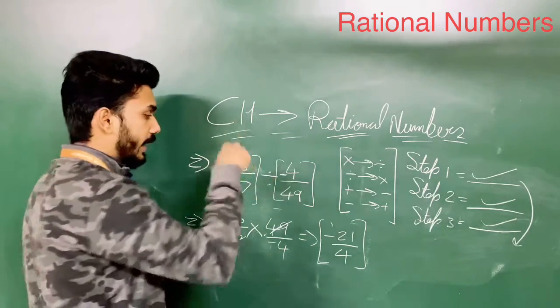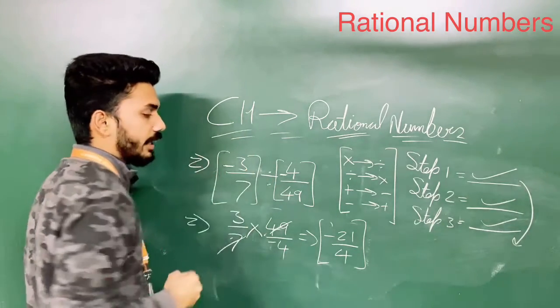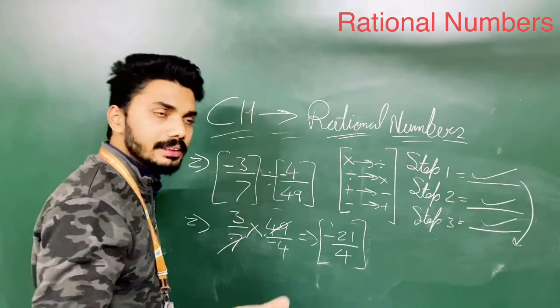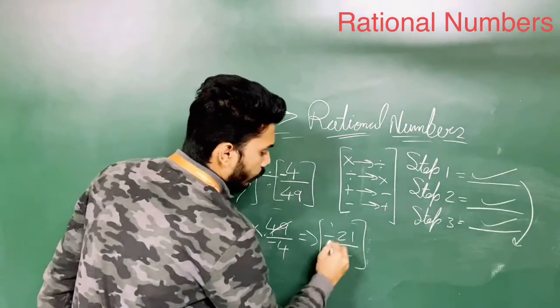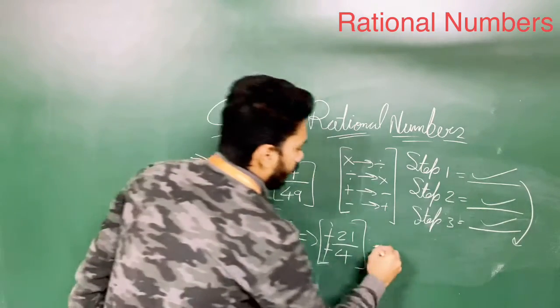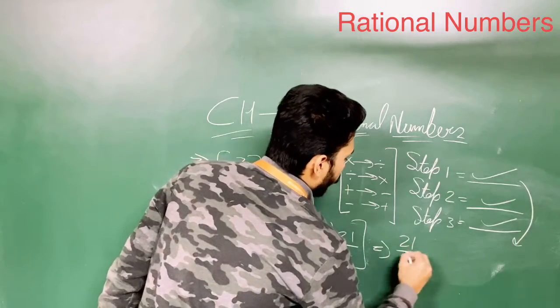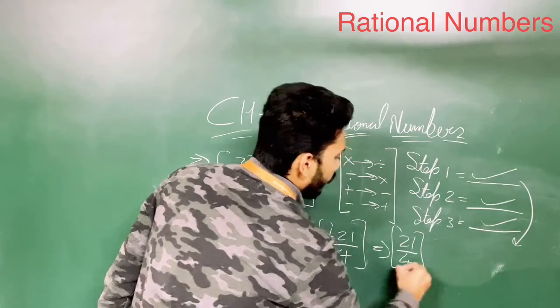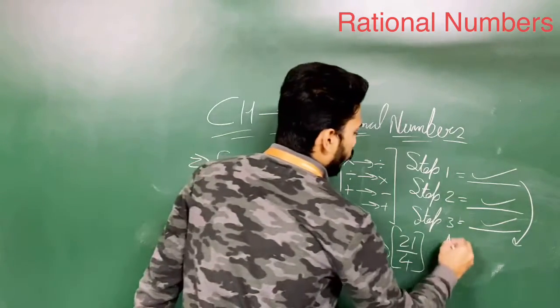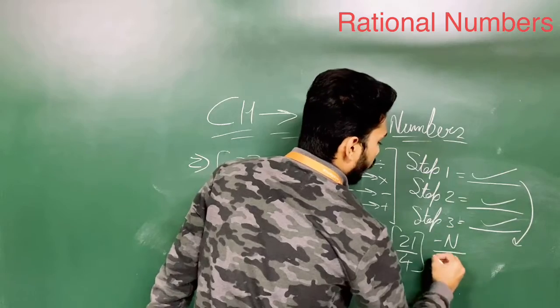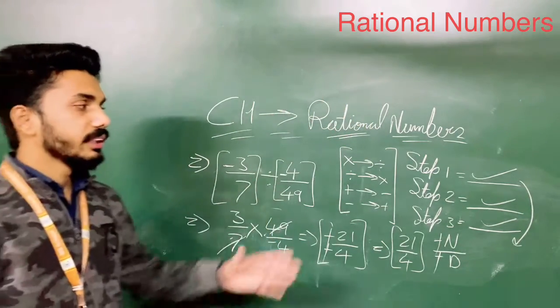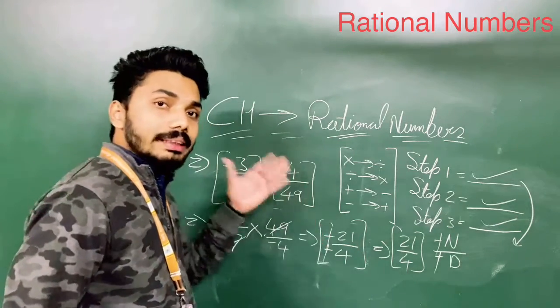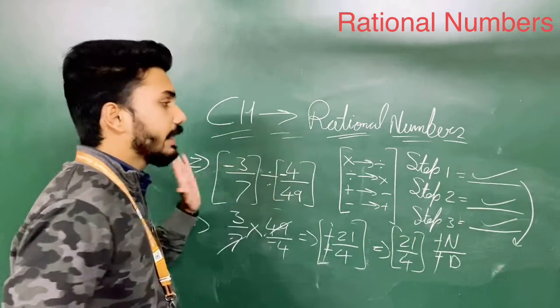But if you get negative on this side, we have already learned this thing: whenever you get two negative signs in a numerator and denominator, we all know the signs will be cut and our answer will come in a positive form. Okay, so if you get two negative signs, suppose the numerator is in minus and the denominator is in minus, the negative signs will be cut and your answer will be in a positive form. So this is actually how you can complete this kind of sums.